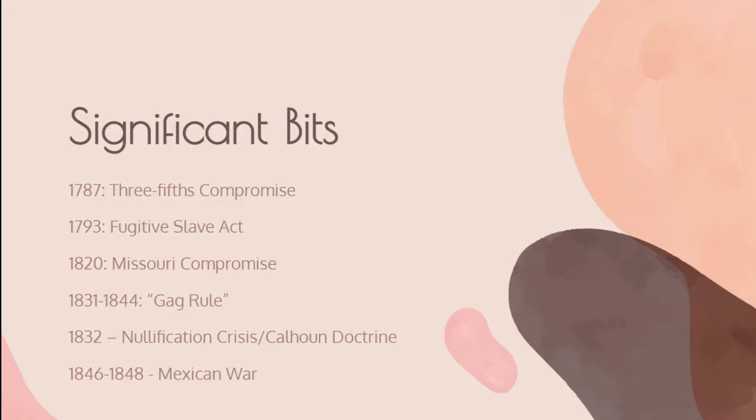Then in 1832, we have the nullification crisis, or the Calhoun Doctrine. Basically, I believe it was South Carolina that was trying to put its own taxes and tariffs on its own property and state, but the federal government had something that would contrast that. The end of this was sort of a lawsuit, but it ended up with the federal government winning. So whatever the federal government decides would overrule what the state decides, which I think is very important. Even though this was about the economy, that could translate over to slavery, where now the states understood the federal government could absolutely control the situation if they wanted to.